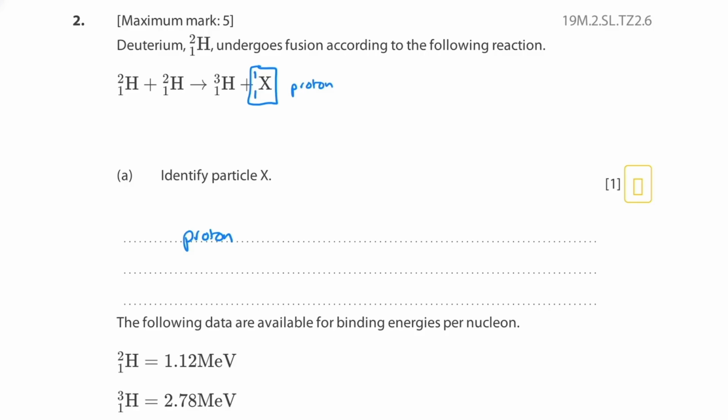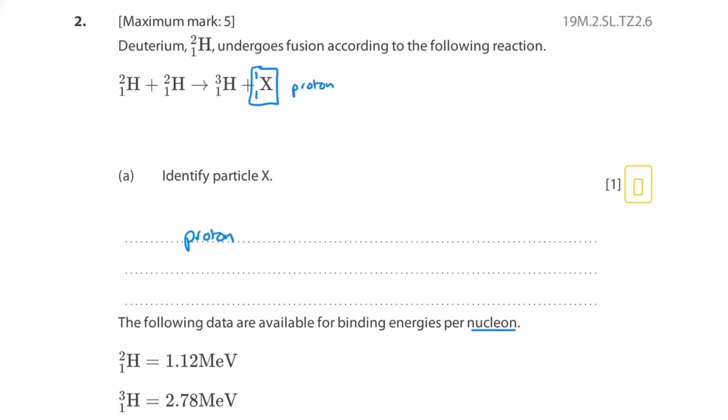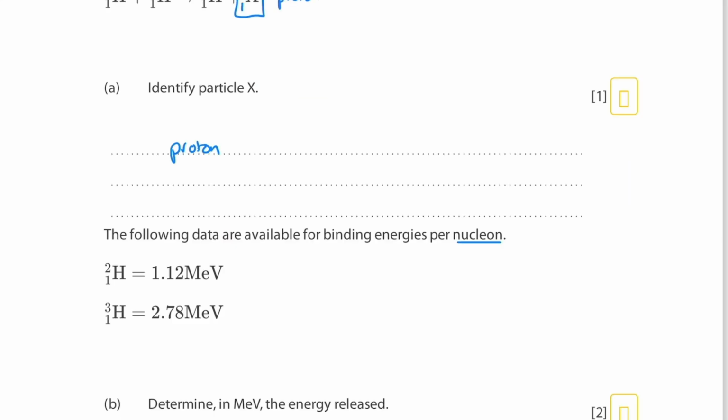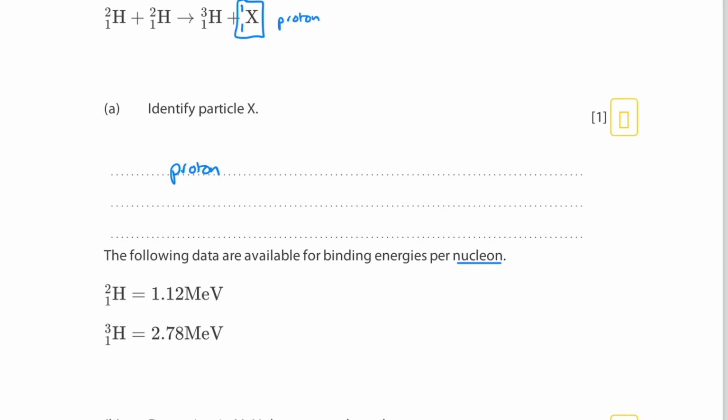Right, we know it's a proton. Next, the following data are available for binding energies per nucleon. And we've got some data here. B. Determine in mega electron volts the energy released. Well, the first thing I want to notice is this is binding energy per nucleon. So if we're looking at this